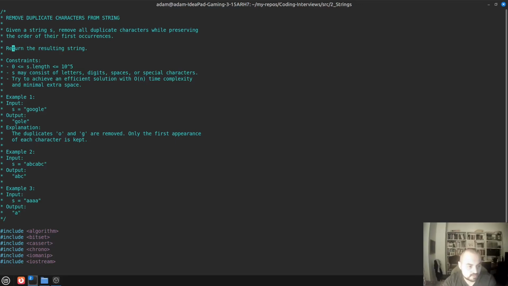And by the end, we have to return the resulting string, and the constraints are as follows. The length is between 0 and 10 to the 5, so it could be an empty string, and it will definitely fit into memory with 10 to the 5. Then s may contain letters, digits, spaces, or special characters, which is also important. Of course, you cannot assume that those are just letters, but normally all of those other characters like digits, spaces, and so on are from the set of extended ASCII, which contains 256 characters,